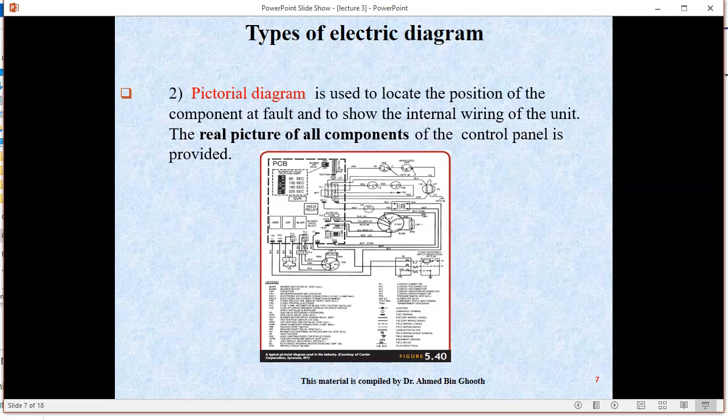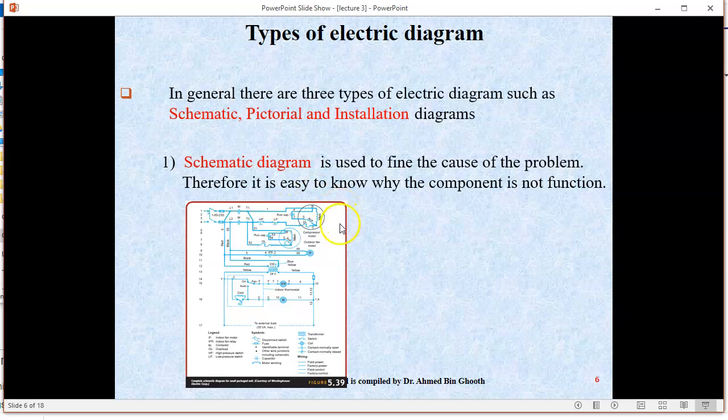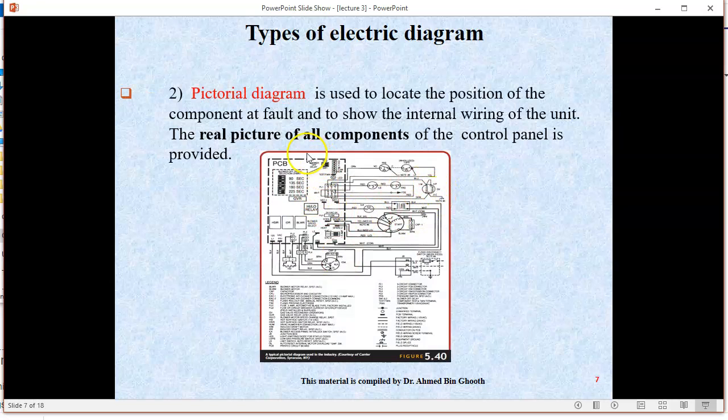Here, before this, we cannot see the real components. It doesn't show them. We have to be able to read the wiring. But here it shows the components. For example, here they put a dash. This is a PCB. And then the other one is